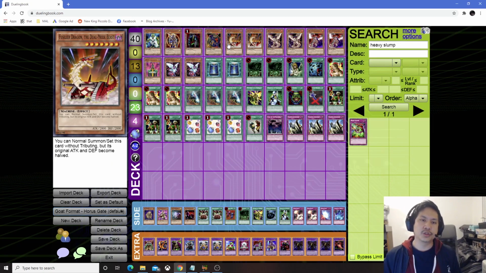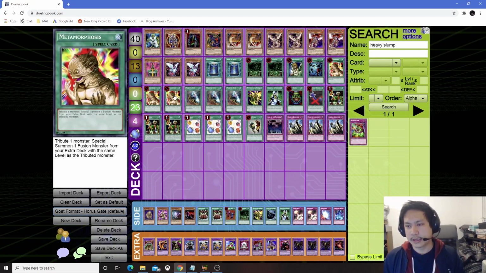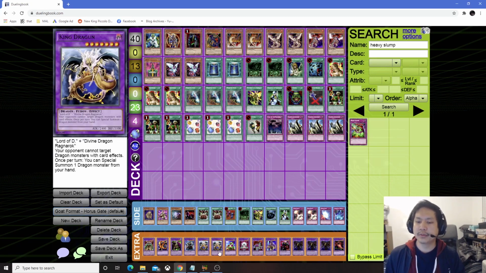Then I also play Fusilier Dragon, the Dual Beast. You might be wondering, why do I play a random level 7 in this deck? It's because you can set this monster, and then it'll be considered a level 7. So when you activate cards like Metamorphosis here, and since I played 3 of them, you want to be able to tribute this guy off and then either play King Dragion against many matchups,